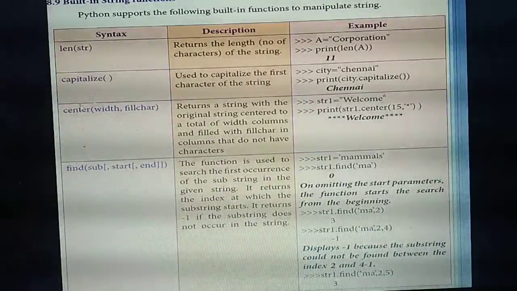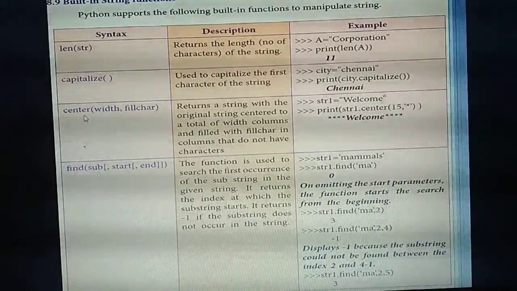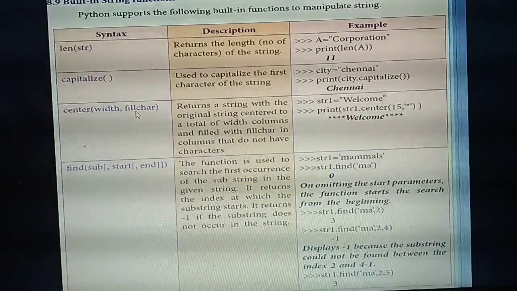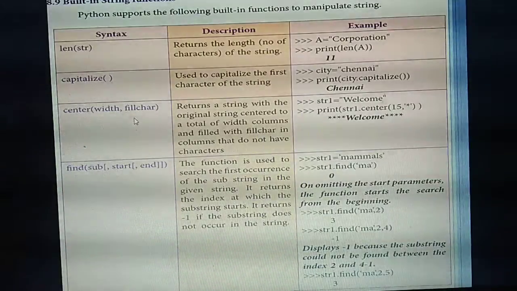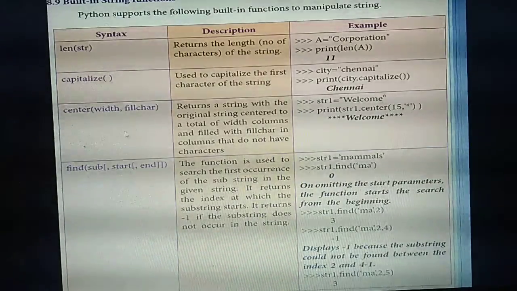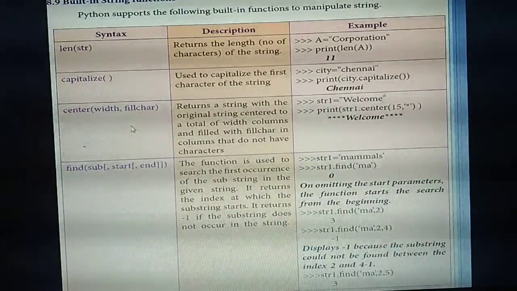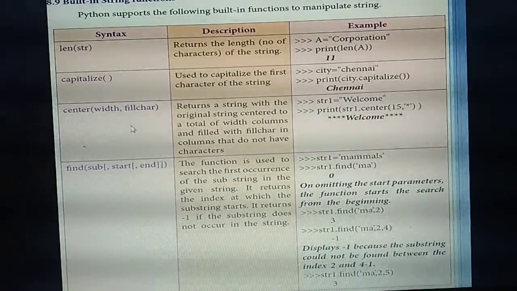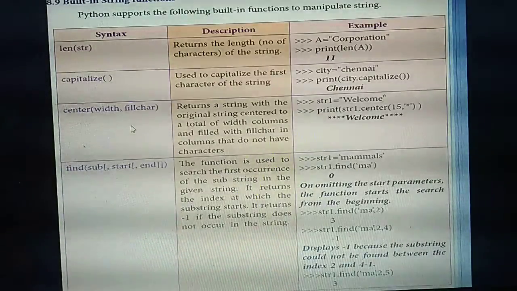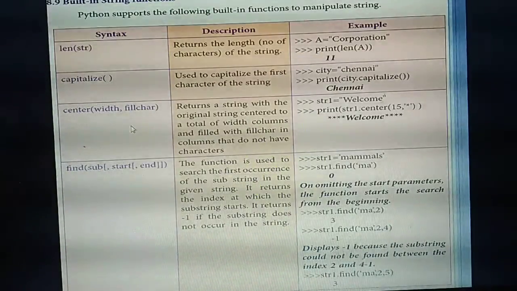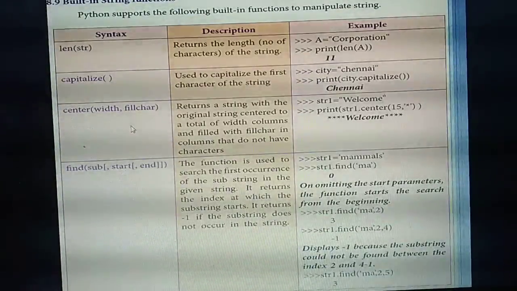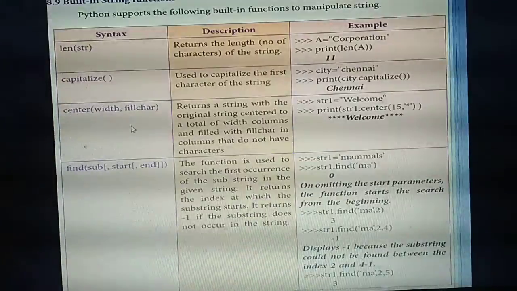Okay, then the next one, listen: center, with width and fill character. What's the use of this? For example, if you are going to write one paragraph, you will put one heading. Headings you always align in the center, and you will also underline or make some designs.